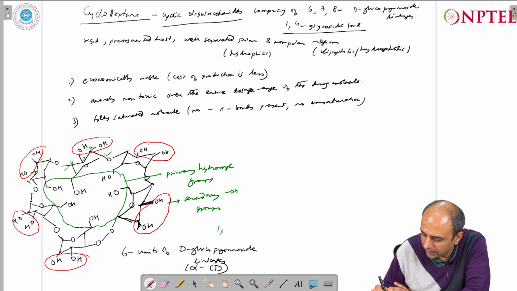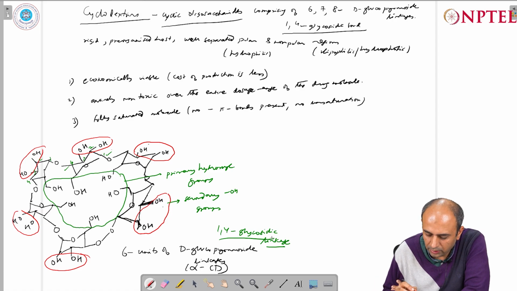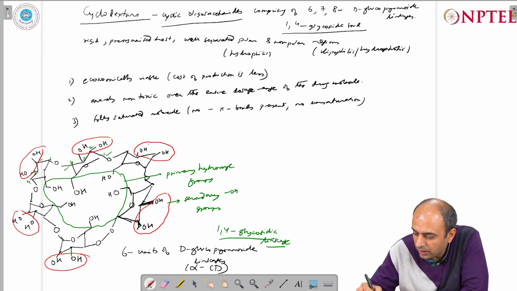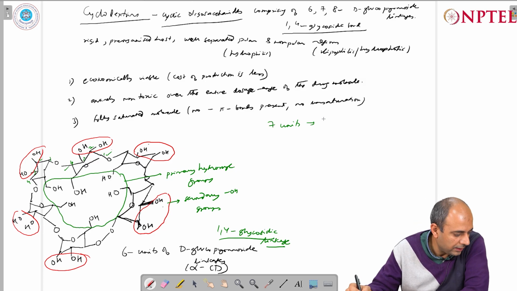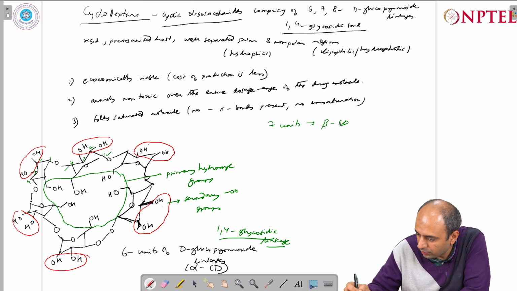So they are connected via the 1,4 glycosidic linkage, and these are essentially the carbohydrate moieties which connect to each other to form the 6 units of D-glucopyranoside. Now when the number of units is 7, this is referred to as beta cyclodextrin,